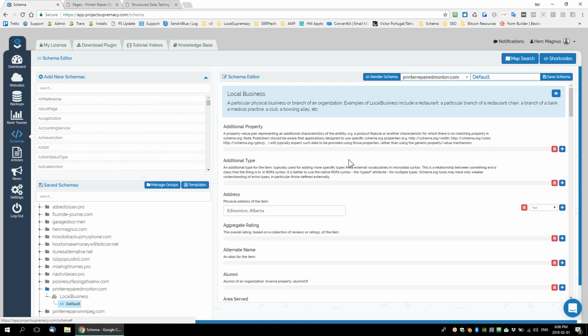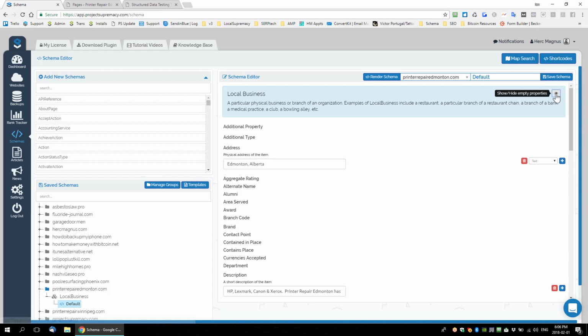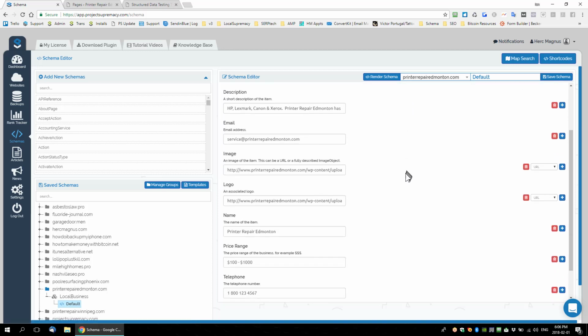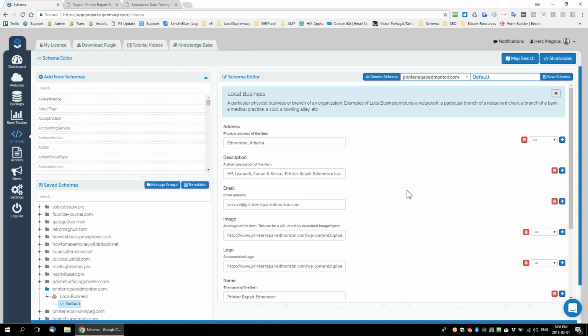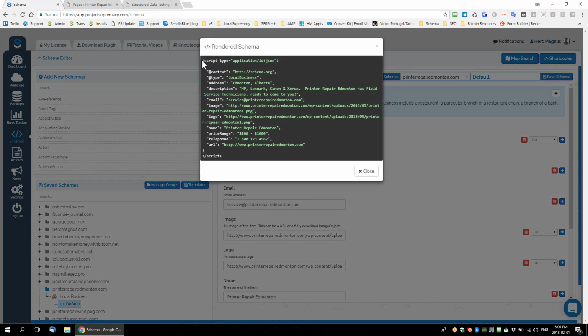Now, if you want to see, at a higher level of detail, what you've actually built, or you want to hide the things that we didn't fill out, you can press this little eyeball here, and there's our final schema entries that we did fill out. Now, if you want to see what the code actually looks like, you can click this blue button, Render Schema, and that will show you the actual JavaScript code for schema that was built from you simply filling out simple fields of forms. Now, this creates the proper schema, and I'll show you how to enter that into your website in the next step. So we have our schema now that tells Google what our site is about,